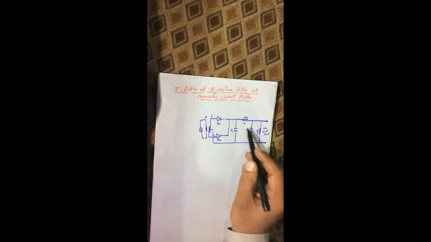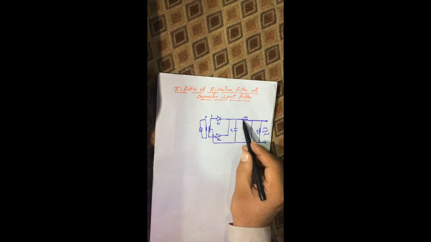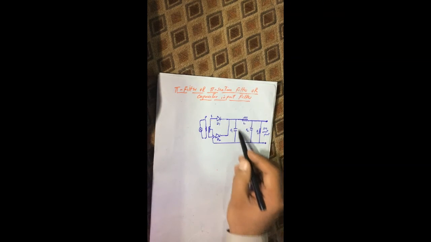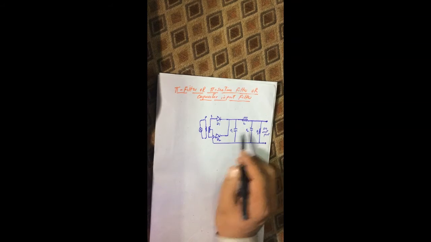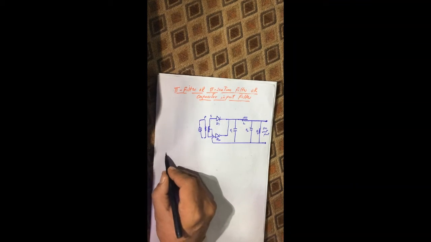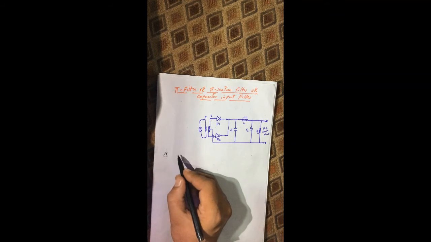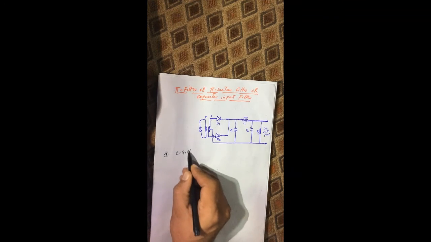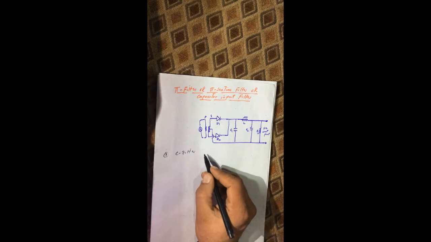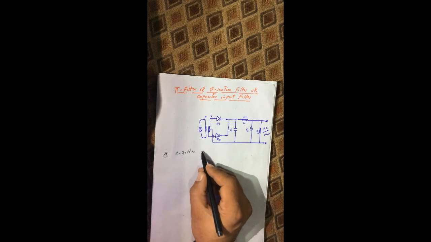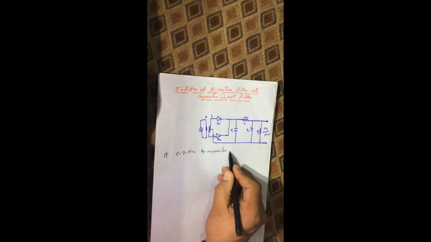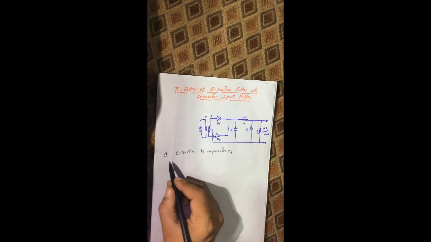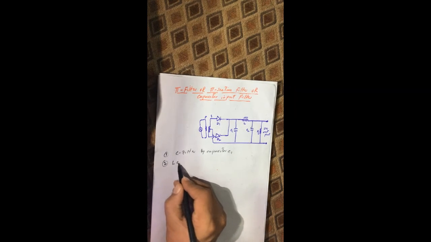It consists of two types of filter. This filter we already discussed in the video before. This is called LC filter, and this is a capacitor filter. So it's a combination of two filters, capacitor filter and LC filter. So it has two components. The first component is C filter, represented by capacitor C1, and the other component is LC filter,